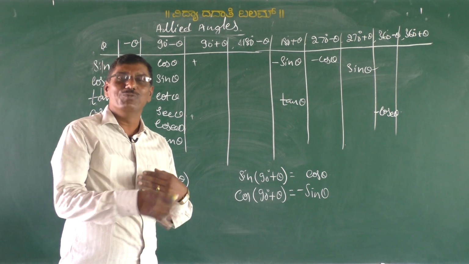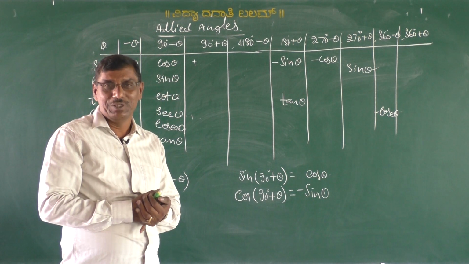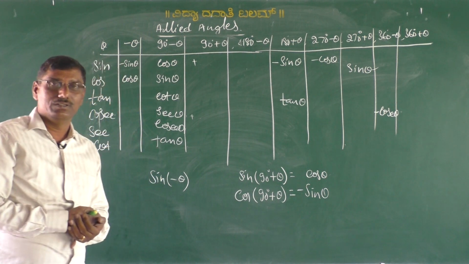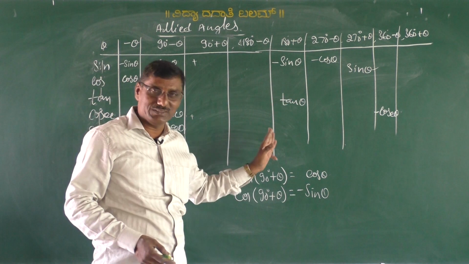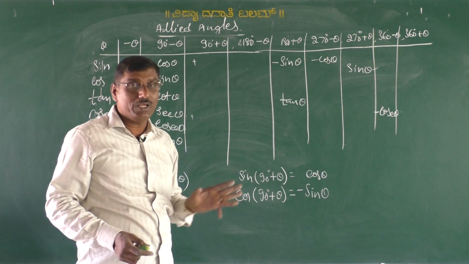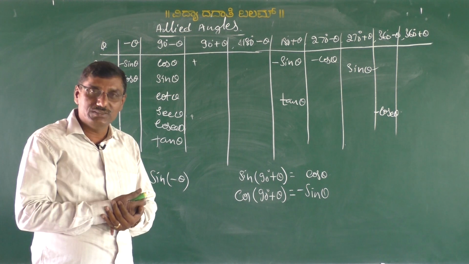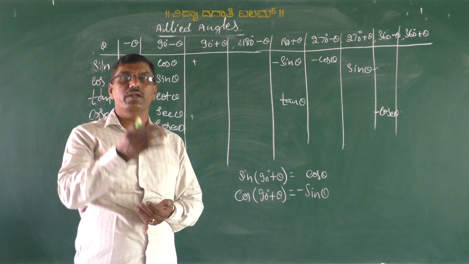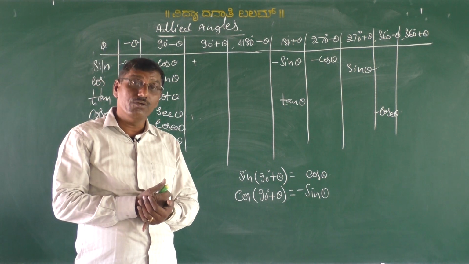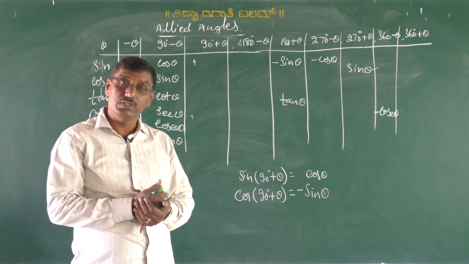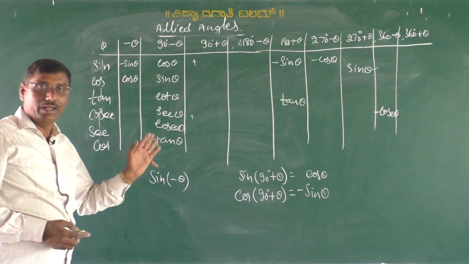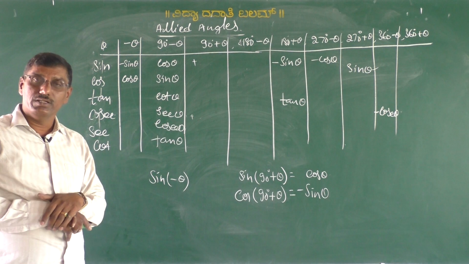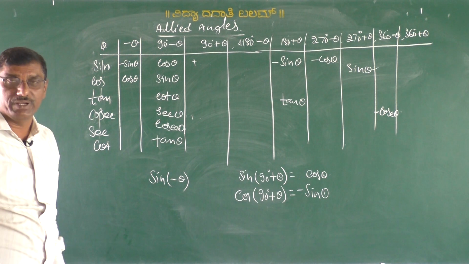What happens if the angle is more than 360? How can you write it? Up to 360, okay sir, and theta is an acute angle, okay sir. For example, how can you write sine of 1110 degrees, sir? That we will discuss later. If more than 360, how do you apply it? That is in the next class, my dear students.